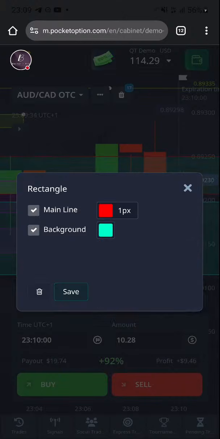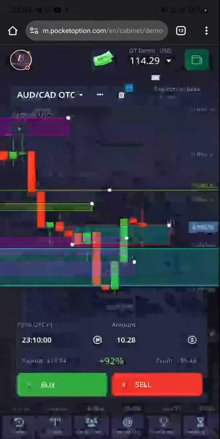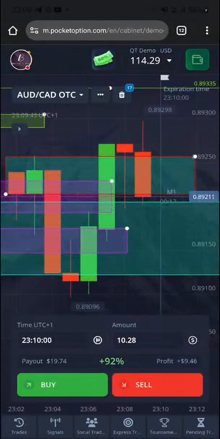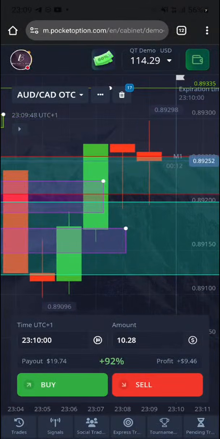This is SBD. This is how I used to mark it. So anytime you see this kind of marking, you understand this is what I'm talking about, the SBD. So I knew that if price comes back here, the buyers may push it to the upside. And because